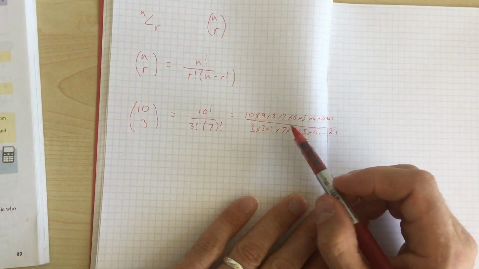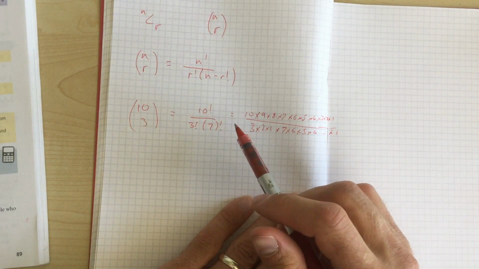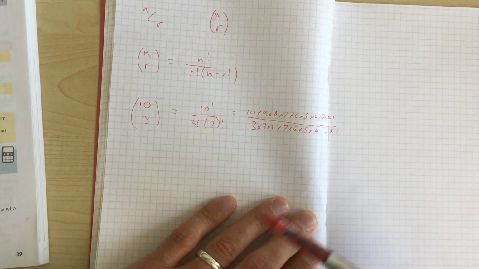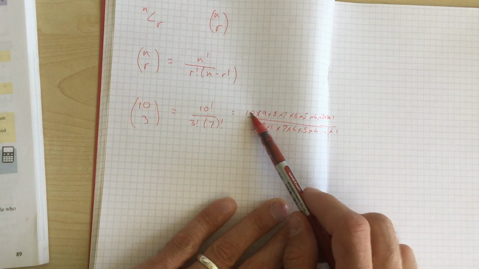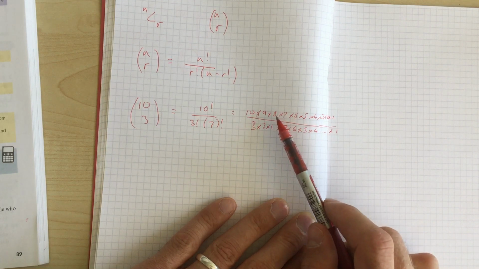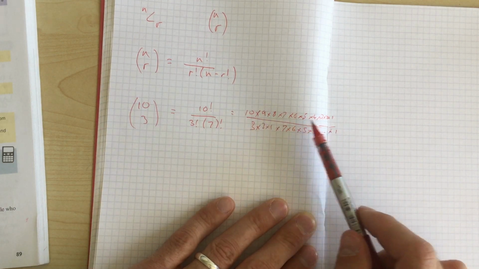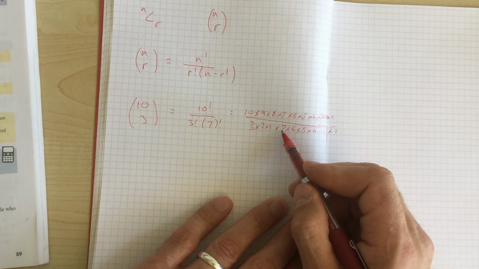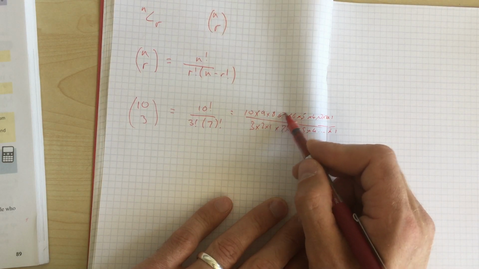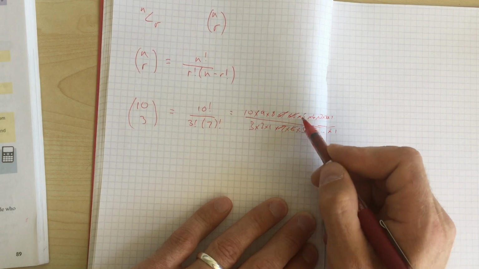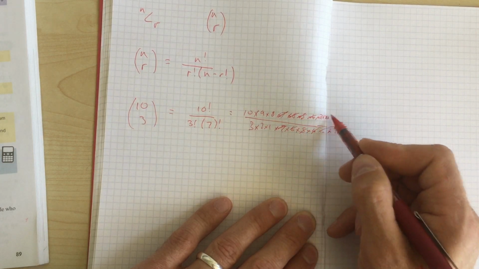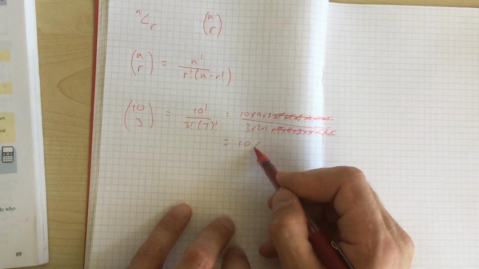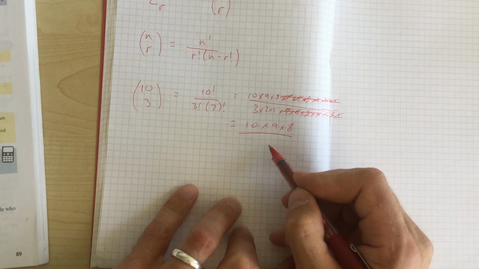Okay, now you can perhaps see that this is already sort of useless, right? 10 times 9 times 8 times 7 times 6 times 5 times 4 times 3 times 2 times 1. If I'm trying to get an idea of how big this number should be, well, I've no idea of how big this number should be. So I'd just be typing this into the calculator, and the chances of me slipping somewhere is fairly high. So this is not a helpful formula, but if you look at it, there's a 7 on the top and a 7 on the bottom, so they could cancel out. The 6's could cancel out, the 5's could cancel out, the 4's could, the 3's could, the 2's could, the 1's could. So what I'm left with, when all that's gone, is 10 times 9 times 8 divided by